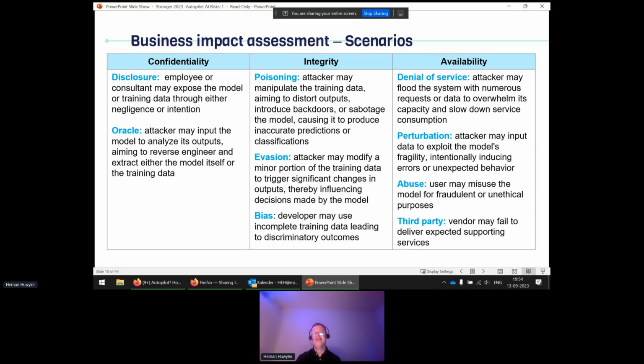And it's a way that they can use reverse engineering to understand how the model is working, and they can steal the model by using this type of technique as a threat vector. In terms of integrity, the typical scenario here is data poisoning. The attacker may manipulate the training data, may try to affect the outputs, they may introduce backdoors, and finally,